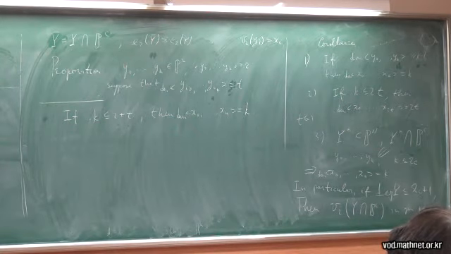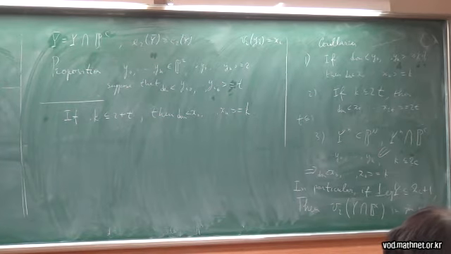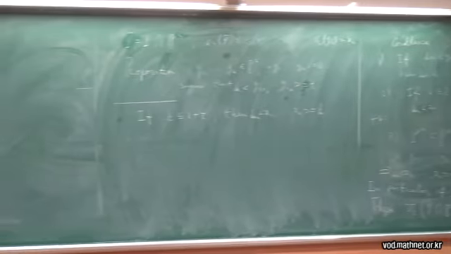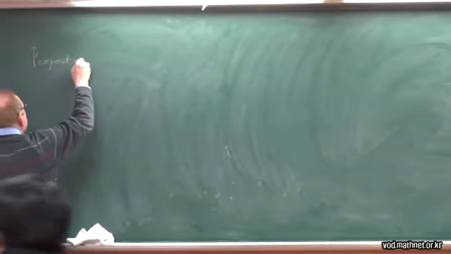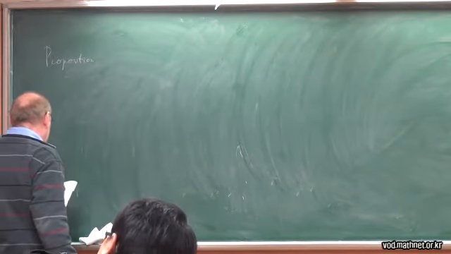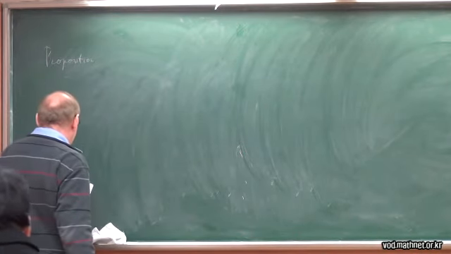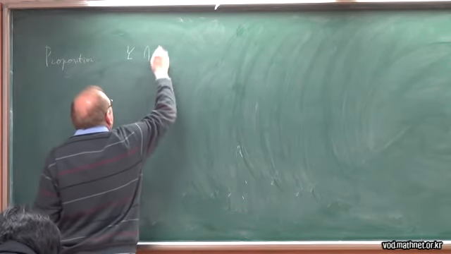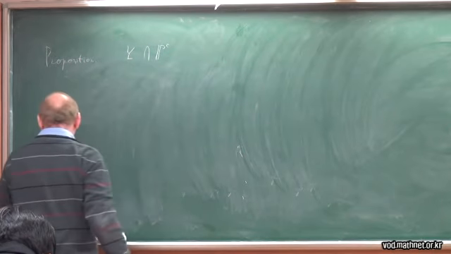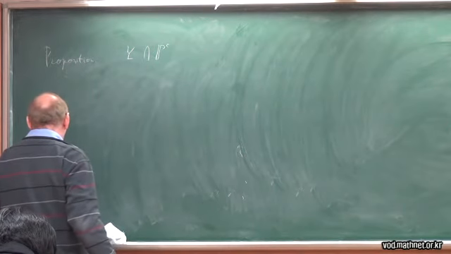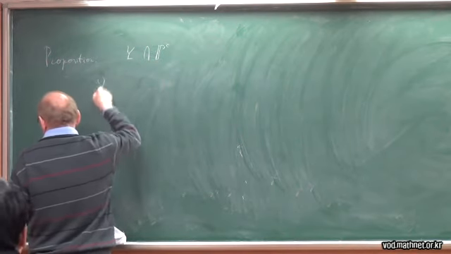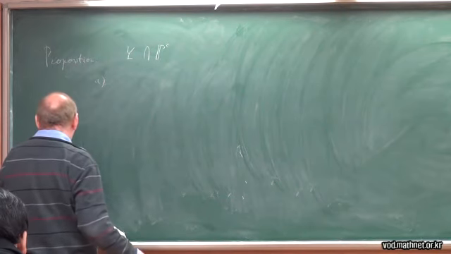However, if the codimension is not very small, this is not so bad. So a consequence of this is the following proposition. We keep the same notation. We take a complementary linear space, and we have the following. Suppose that